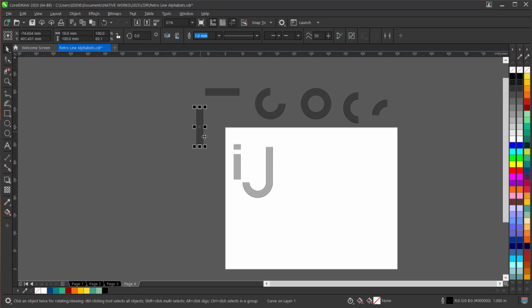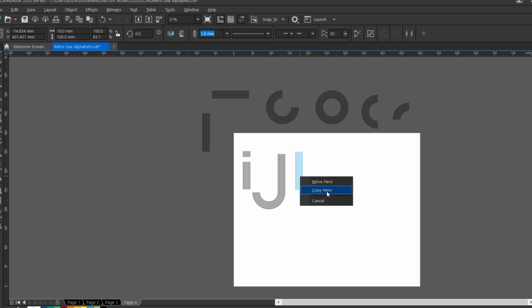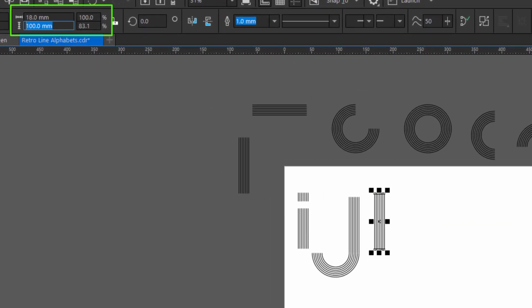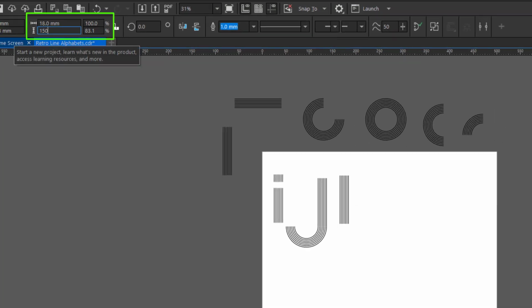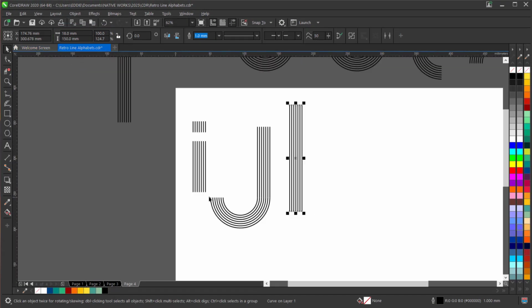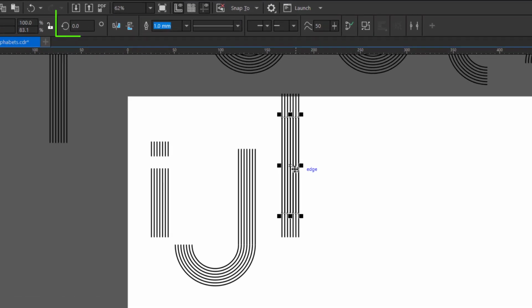Now to make our letter K, let's also make another copy of the vertical stroke and set the height to 150 millimeters. Make another copy and set the height to 100 millimeters.